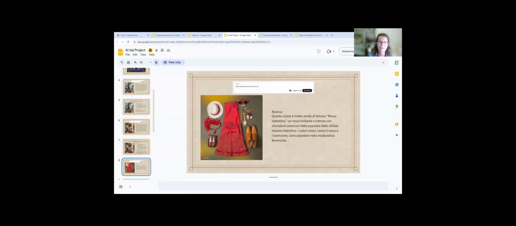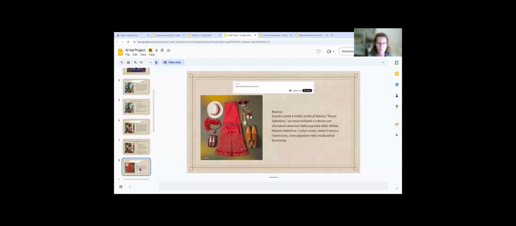So we can say that this is the Rosso Valentino, but if you look at the two pieces, they can look like both pants, and the shoes are too big for being women's shoes. And what do you do with the rose, the flower? What do you do with the shells, the watch, right?